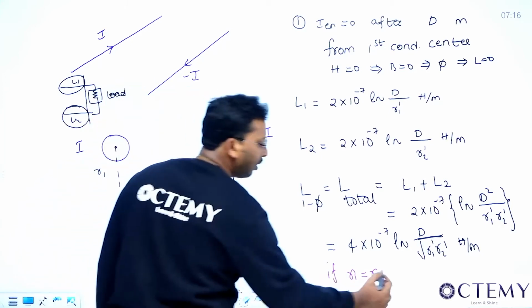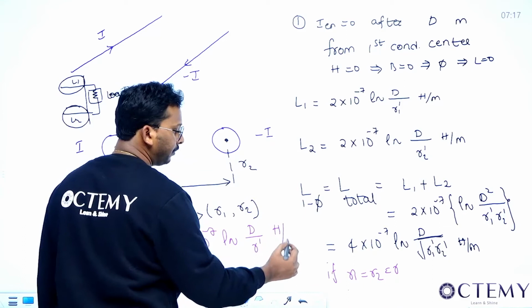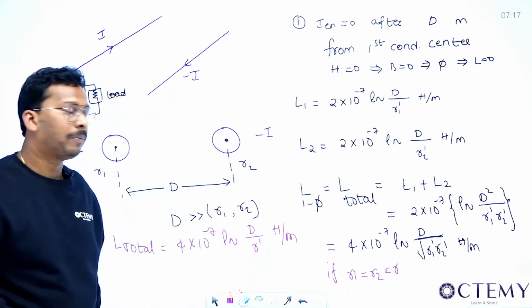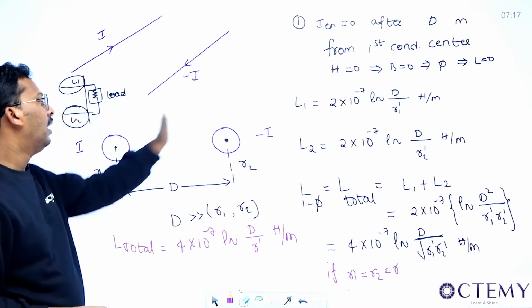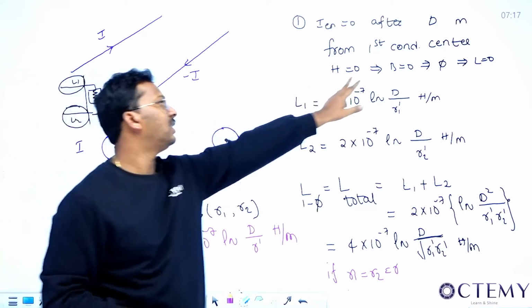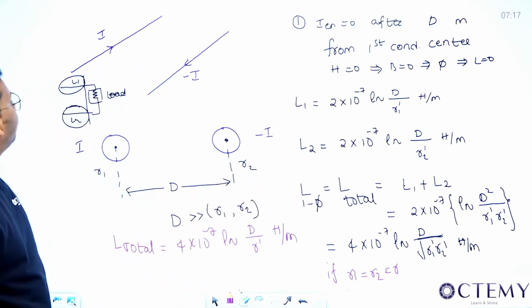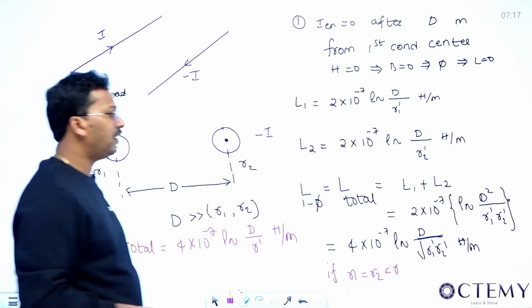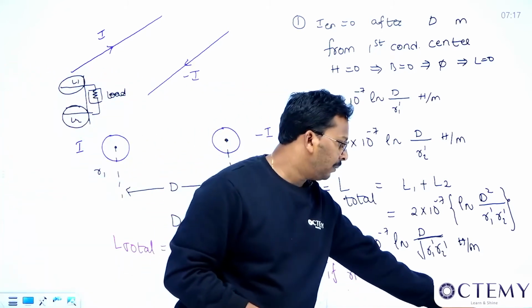Let this be equal to R, so I'll get R dash here, Henry per meter. Right? So these are very important points and a very important formula. This will be very useful, a very basic formula. And the basic doubt is why you will not get beyond this point; this is the reason I have done the proof in the last class. Very good. This is the inductance of the single phase wire, which you'll have to remember. Now, let me go to the next slide. Generally, we don't work in a single phase system, we work in a three phase system.